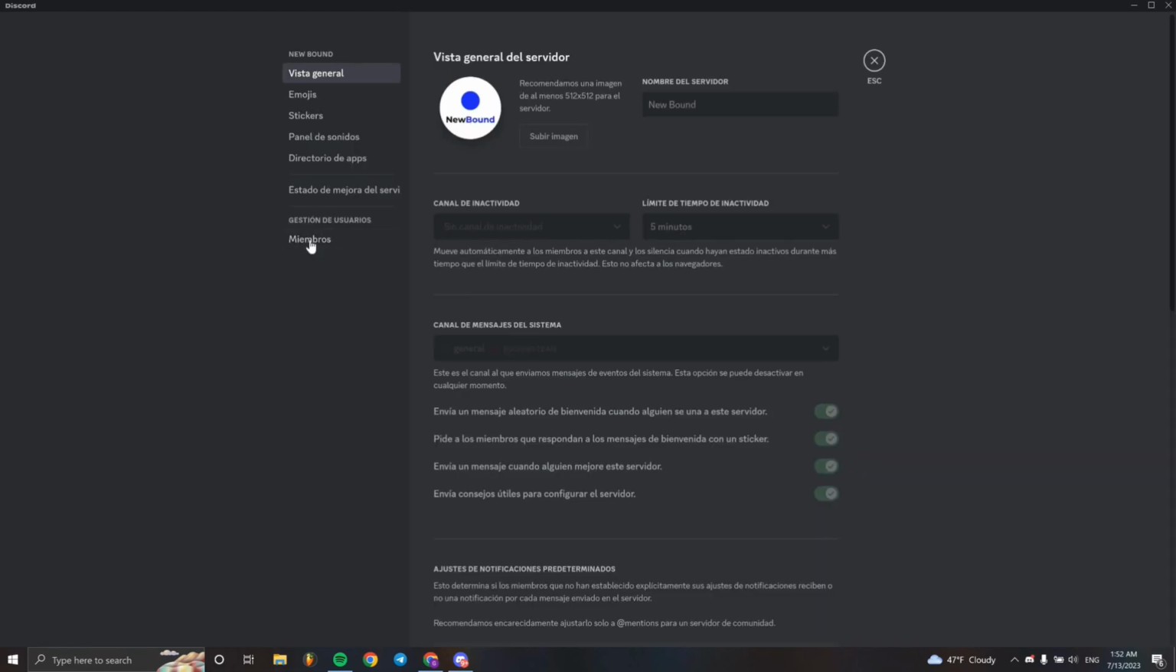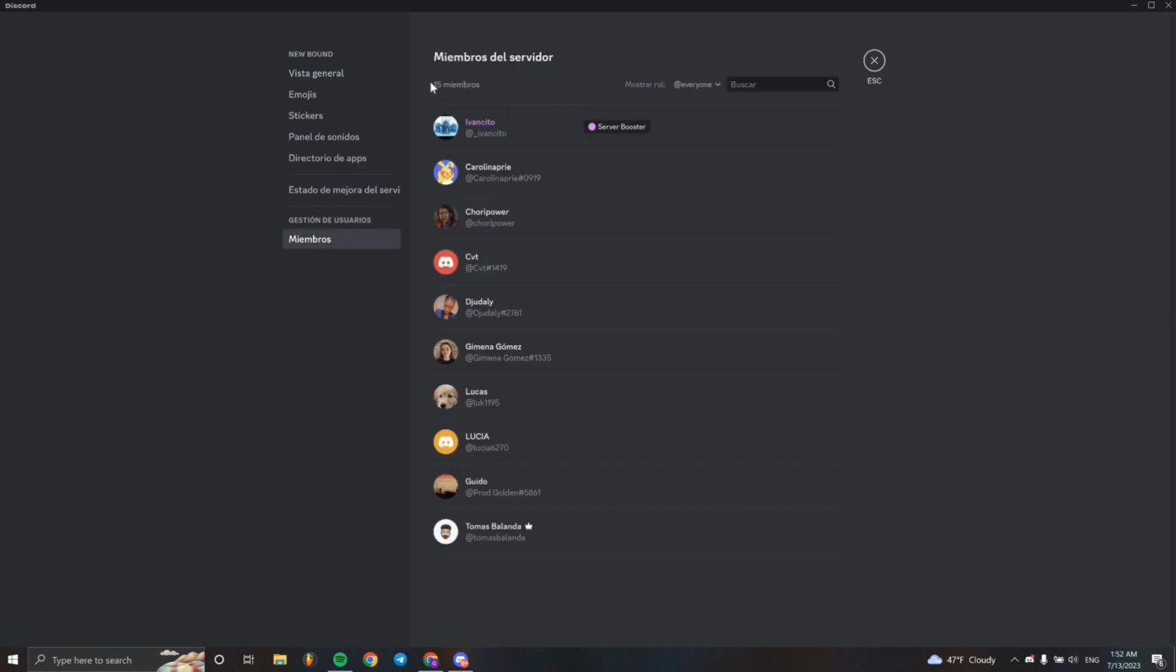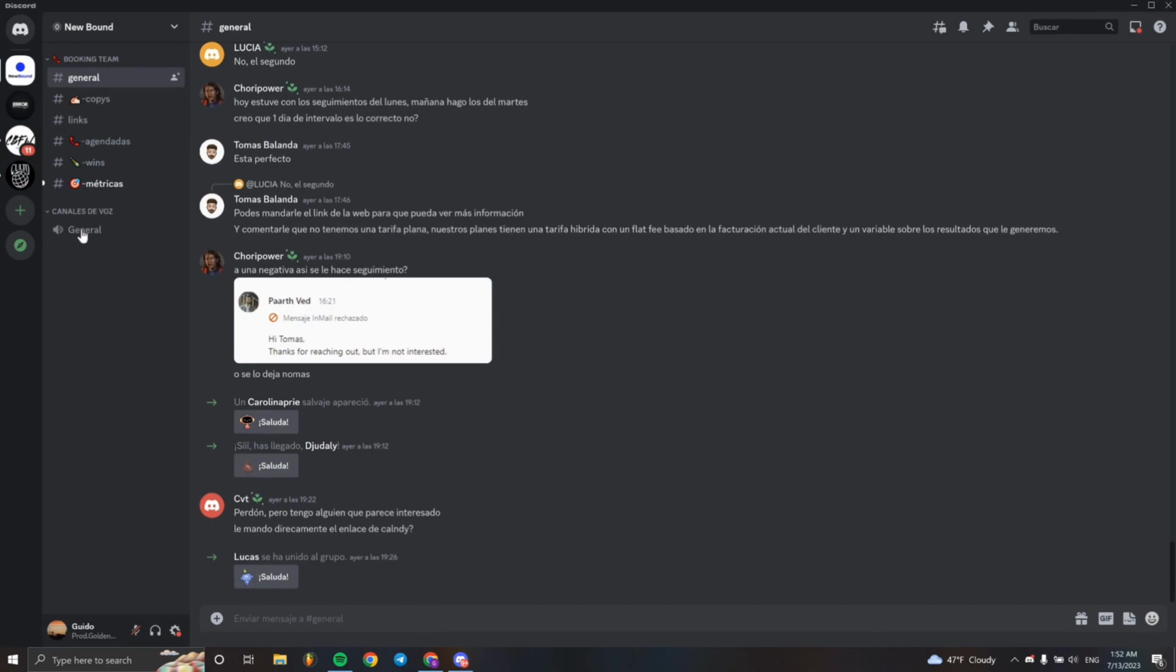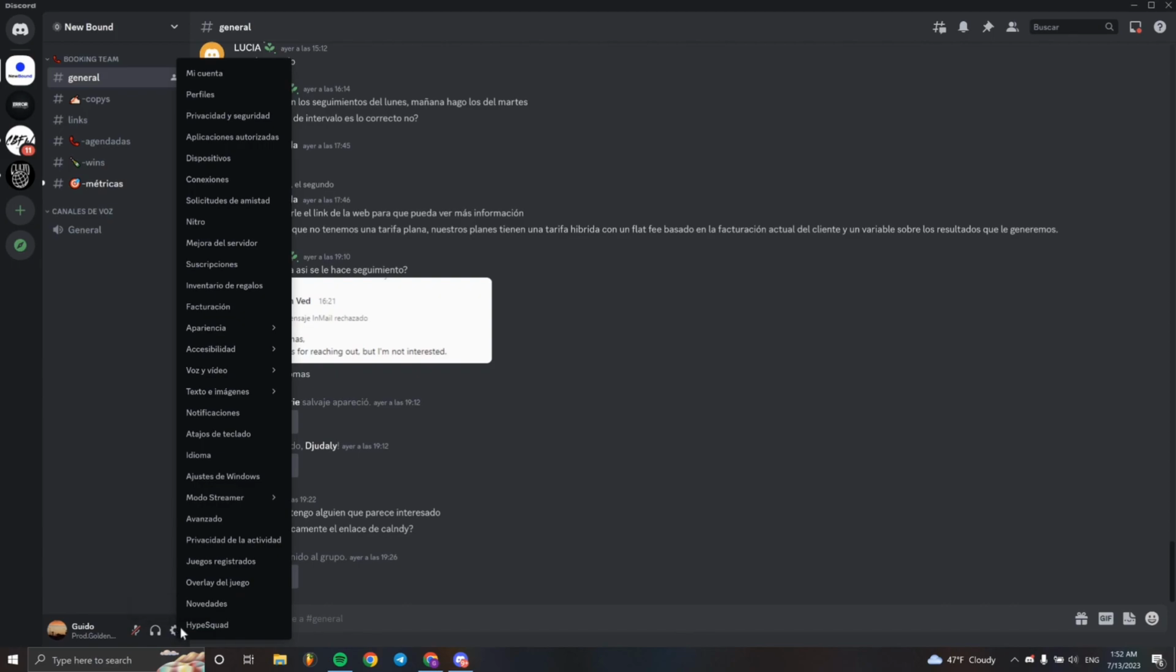So as you can see, what we've got to do is first make sure that the members of the server are less than 50, and then as you can see here, I have this option available. So now once we check that problem, if it's not that problem, we have to go to here and